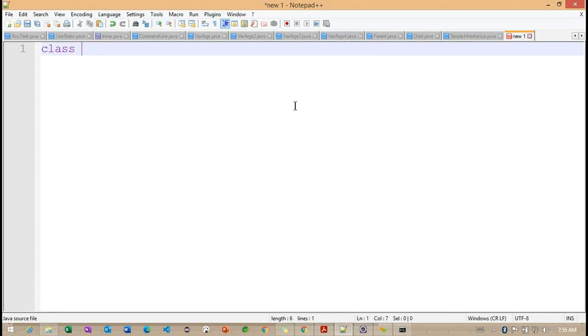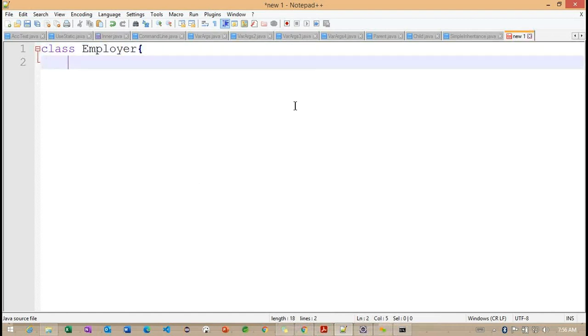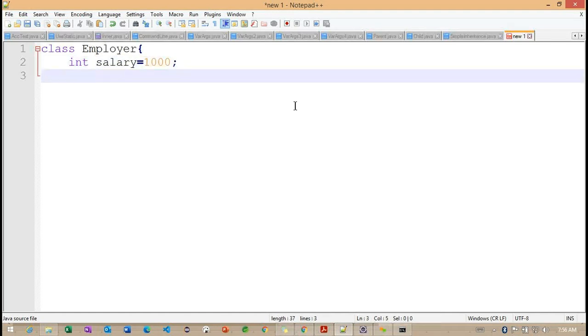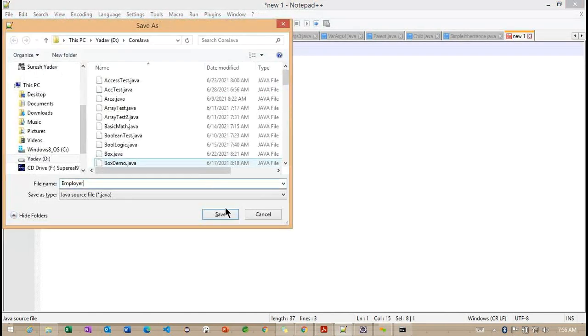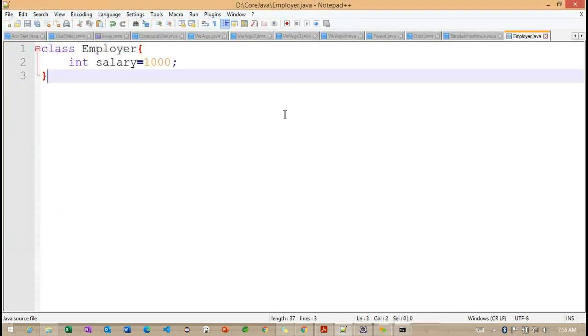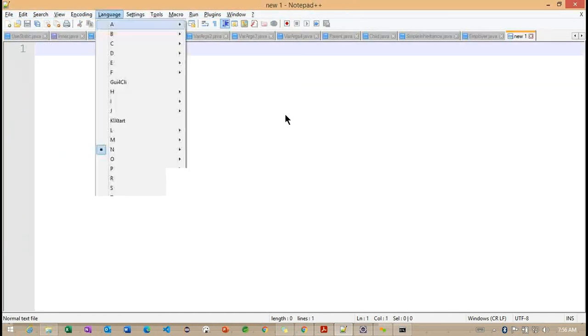Here, I'm having one more class. The name of the class is Employer. int salary, I'm initializing here as 1000. I'm not defining much information here. Employer I'm saving.